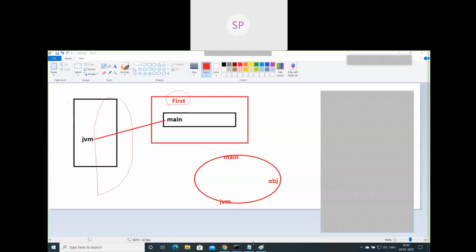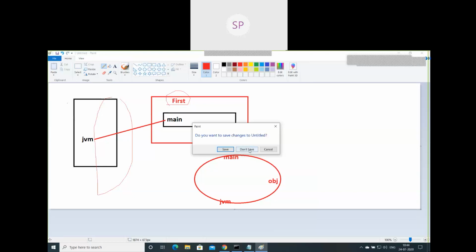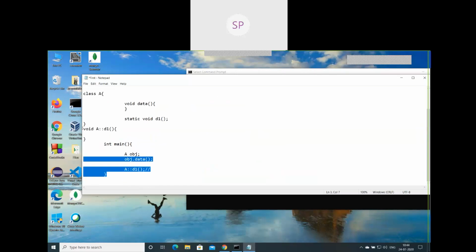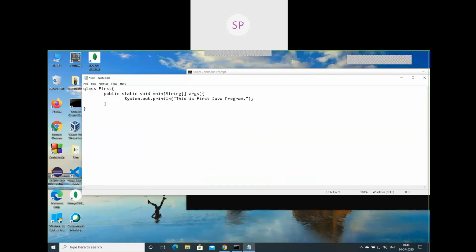Let's go on and modify the program. I'll quit this window. Let me close, don't save. Let's remove this C++ example. Now let's add one more class in the same source code. I'll say class Second, and I'll put one more main method inside this class Second, public static void main, and I'll say String